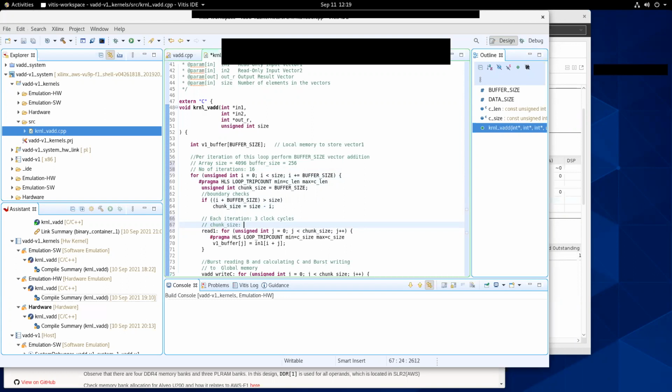So we expect like 256 times 3 clock cycles. But why is the report telling us it only takes 256 clock cycles for this whole loop to finish? Pipeline. Yes, the loop is pipelined. Although each iteration takes 3 clock cycles of latency, since it is pipelined it approximately takes 256 clock cycles. The throughput is 1 iteration per clock cycle, due to pipelining.